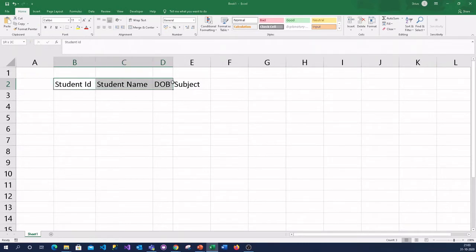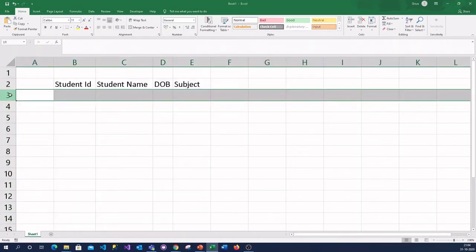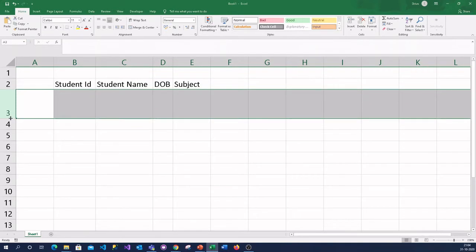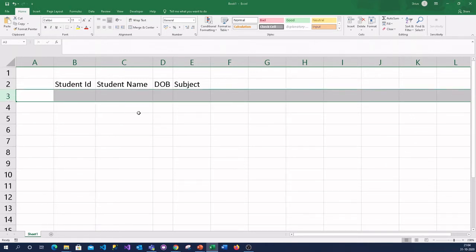This is the first information on data entry. You can reduce or increase the column size to accommodate the data. I can increase the row height and accommodate more data by holding the row junction and dragging it towards bottom or towards top. You can observe the cursor type. You have to hold in between exactly and drag it downwards to increase the size and drag it upwards to decrease the size. So this way you can increase the row size.